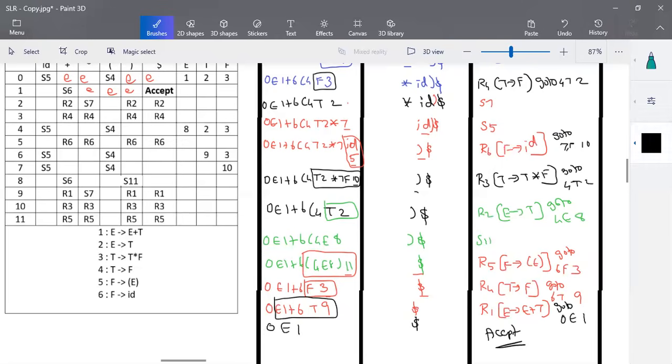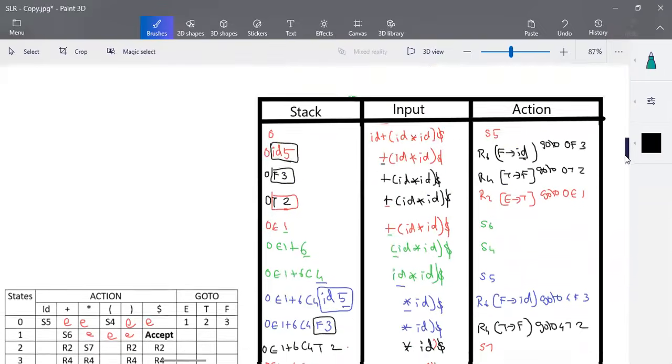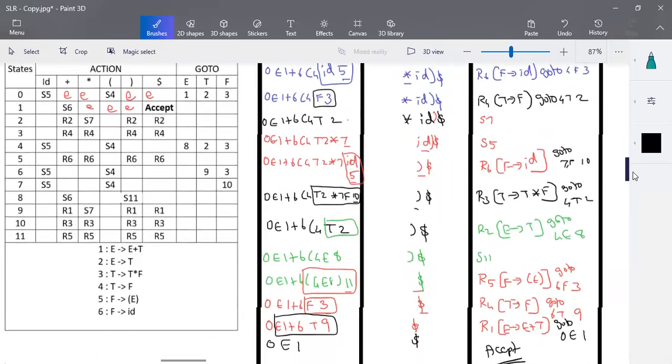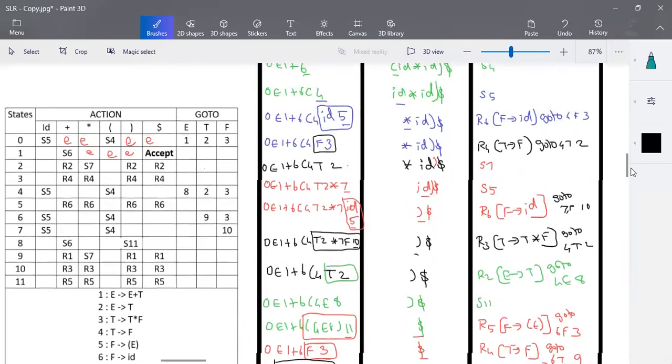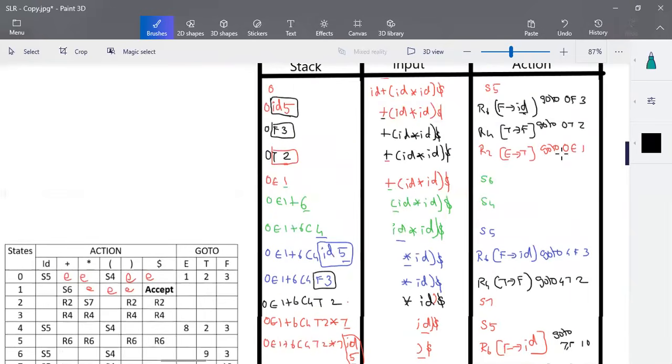Okay, so this is how we do parsing. Whenever an SLR table is given, either SLR or LALR or canonical LR, this is the procedure to be followed. Given a table, with all the productions to be reduced, and the operations either to shift, reduce, error, or accept, whatever happens, we just follow it. And the reason why we have called this LR is you're going to scan the input from left to right, one element at a time, and we'll be using rightmost derivation in reverse for parsing.